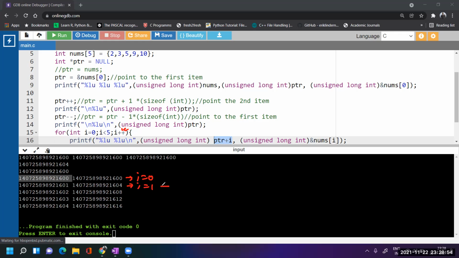So what I have written here, PTR plus 1, and I have also written nums of 1, that is I, address. Next, I plus plus, I becomes 2. So I'm writing PTR plus 2, and I've also written nums of 2.